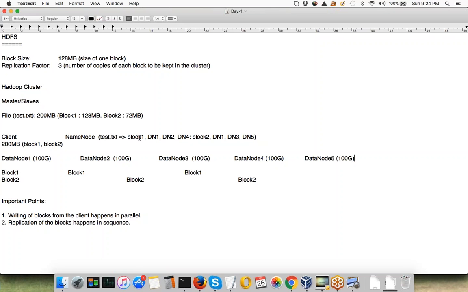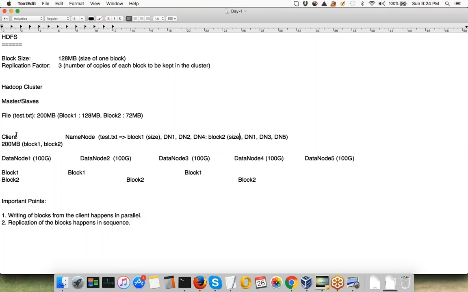After that, when it starts writing, it knows size of every block. So let me also write here. It also knows size of every block, right? So using this information, it can figure out how much space is available on every data node, right?